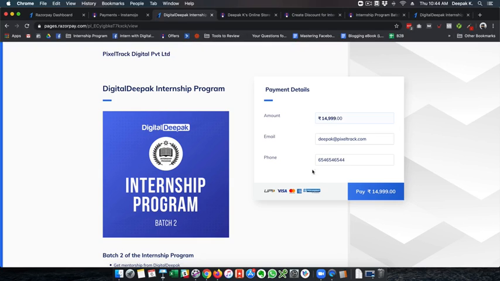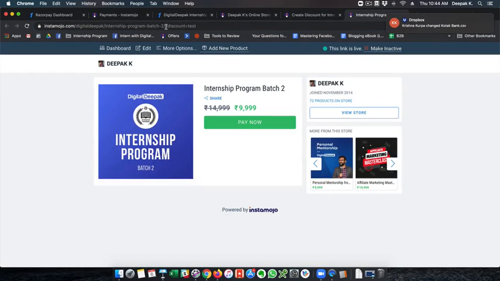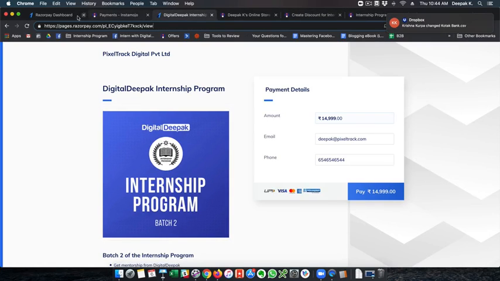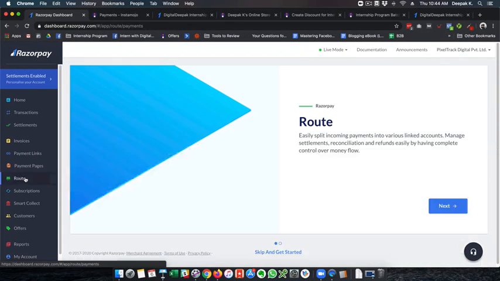If there is a way to go ahead and strike off this particular amount and put a different amount, and basically put the discount code in the URL, that would be very good, because here you can see question mark discount equal to test or whatever I want to do, and it kind of goes through the same flow. So that is something I miss terribly at Razorpay. I hope Razorpay has a look at it.